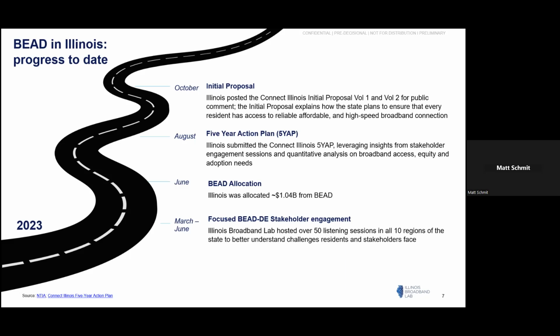Again, $1 billion allocated to the state of Illinois, and the initial proposal public comment period allows for stakeholders, Illinoisans everywhere, to comment on our intended or at least planned use of those dollars. And so again, that brings us to today. How do we lock in the maps to make sure that they're most accurate and help us guide investment in this generational investment opportunity? And so moving forward, I would like to pass the mic to my colleague, Shabika Agarwal